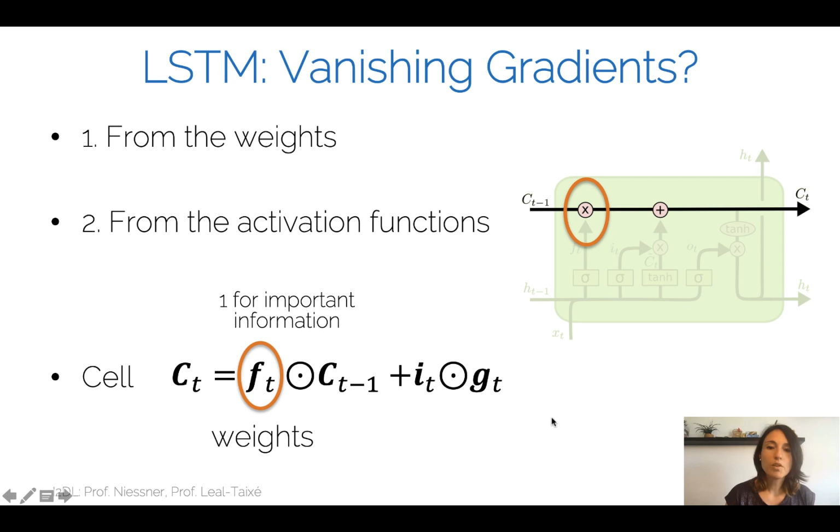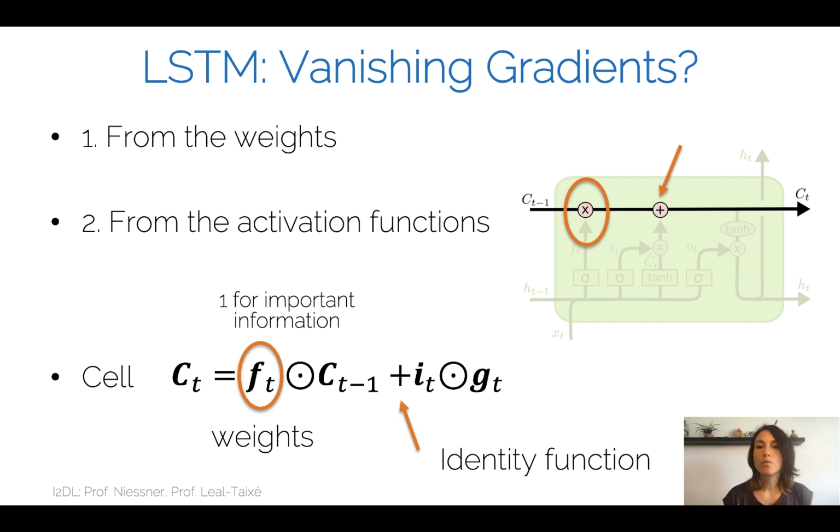But how this operation interacts with the cell state is through a summation, which means that if there are vanishing gradients in this part, we're not going to propagate them all the way through the cell state. We're just going to keep the vanishing gradients here. And therefore, by having this identity function as this interaction, we avoid having problems from vanishing gradients coming from the